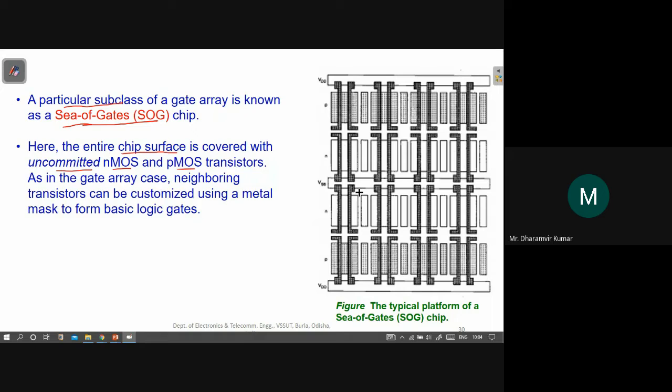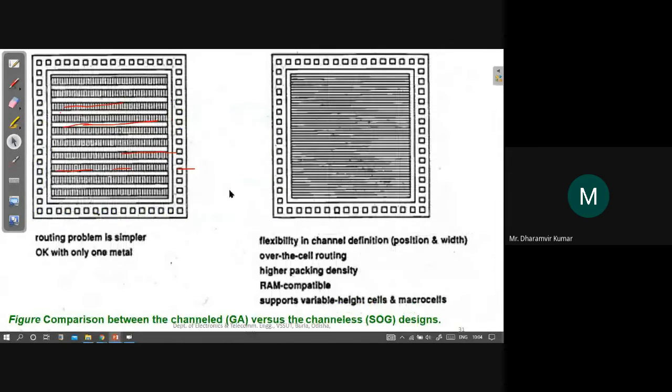So it contains only transistors, and these transistors are also used for interconnecting other transistors. So there is a slight difference between gate array and this particular type of gate array called sea of gates.